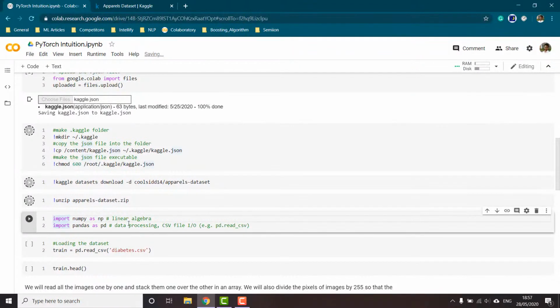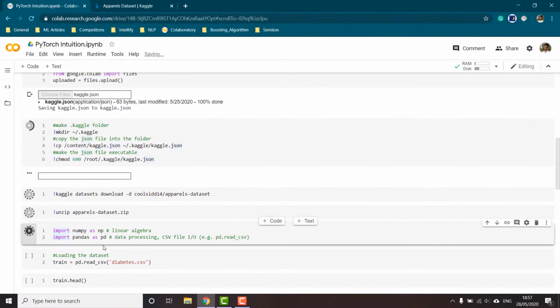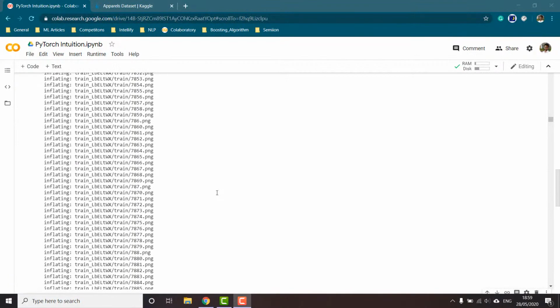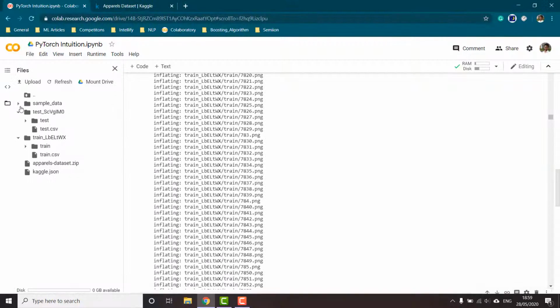Then I am going to import some of the basic libraries, which are NumPy and Pandas. So now we have downloaded our data and successfully unzipped it. Let us see how our data looks. You can see there are two folders, test and train.